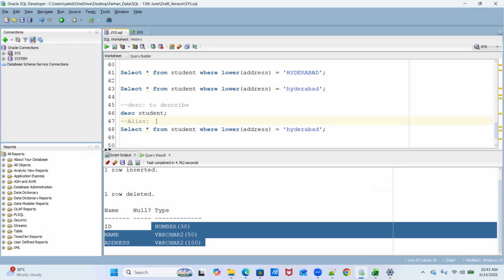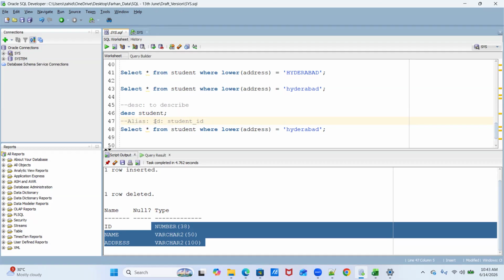Alias is nothing but, let's say you have this ID, name and address. This is the fixed name you have given when you created the table. But in the display, in the output, you want these names to be changed as per your format. Let's say you want the ID to be changed to student ID. So with the help of the alias clause, you can do that.